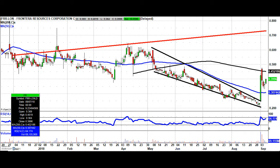Starting off with Frontera Resources, where there was the bounce up to the 200-day moving average at 0.45, a bit of a pullback, but bounced above the 50-day moving average yesterday, 0.3 pence, and while we're above that, looking for at least a retest of the 200-day line. And it's a best-case scenario for fans of the stock as high as 0.7, which would be that red resistance